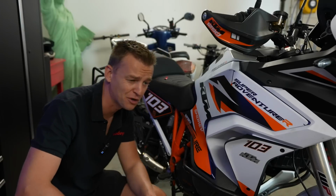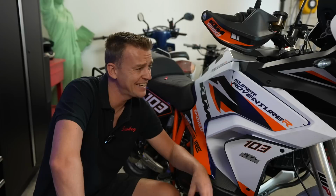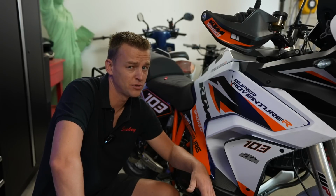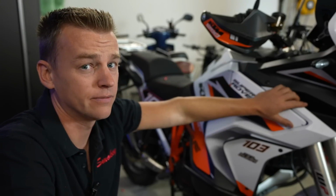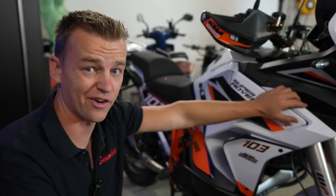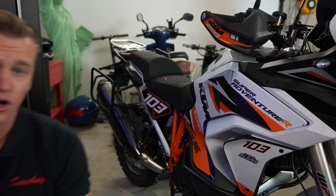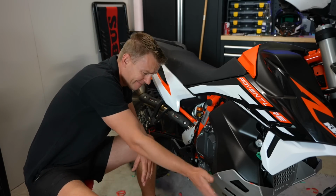Now, when it comes to engine, of course, you can already tell 890, 1290. We got the 1300cc LC8 engine. And this engine is also in the Super Duke R. Do I need to say more? Probably not. But I'm going to anyway. 160 horsepower and 138 newton meters of torque. That's a lot of torque and a lot of horsepower. Oh, and before I forget, it is the most compact, lightest and best performing engine in the segment. LC8, buddy. Yeah, buddy. Now, as for the beloved 890,